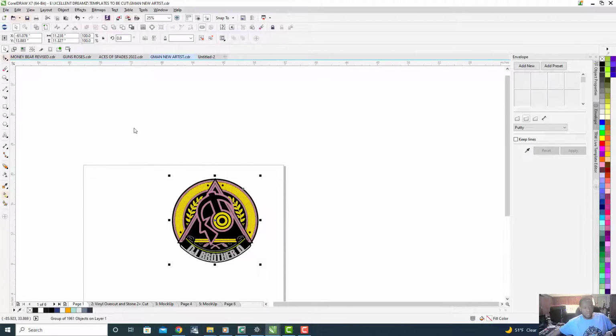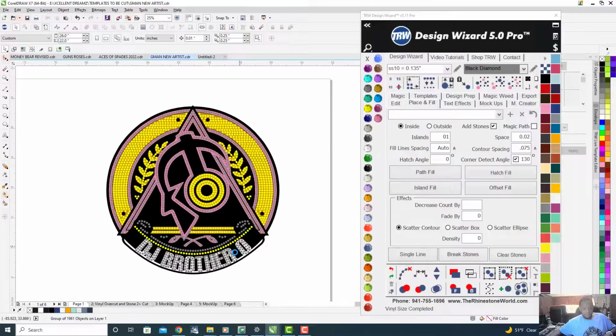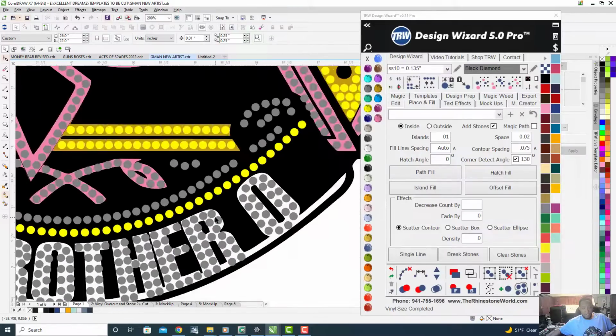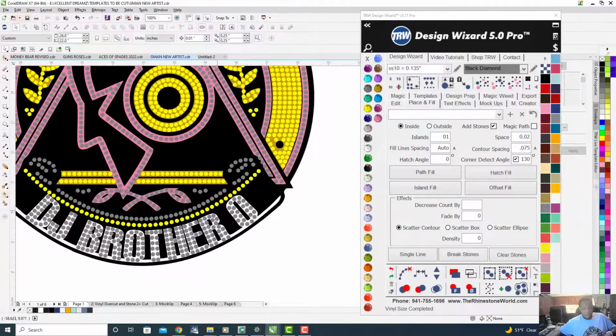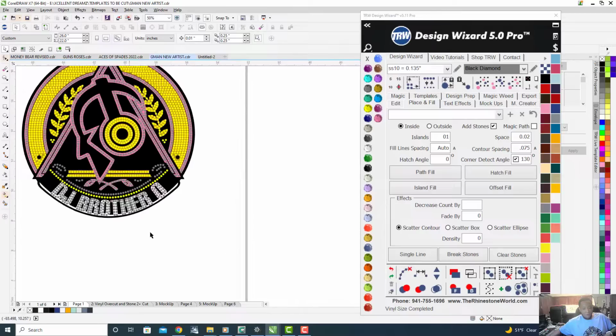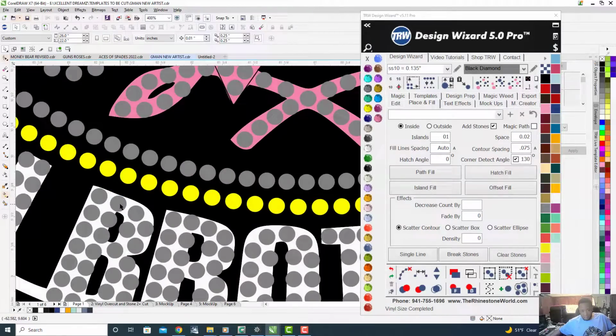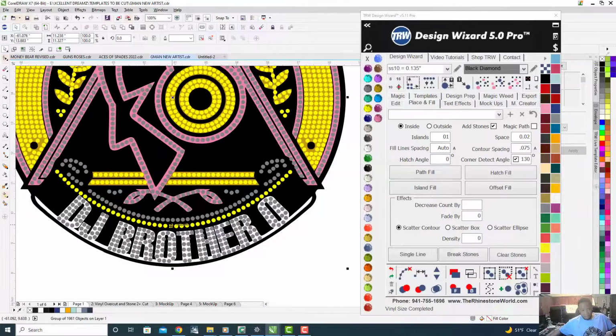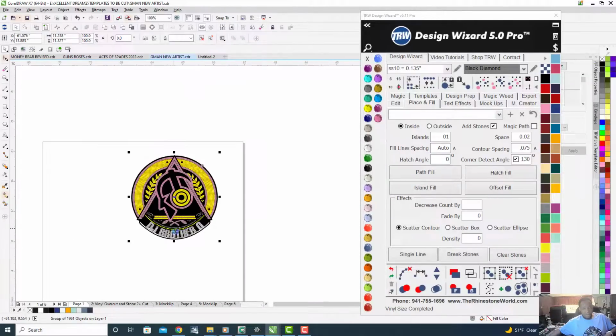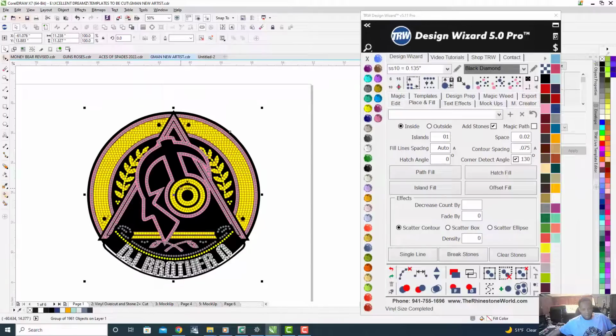Let's open up our TRW Stone Wizard here. First, we want to make sure that we have all of the parts to the design. So we know that this gray here is actually going to be,